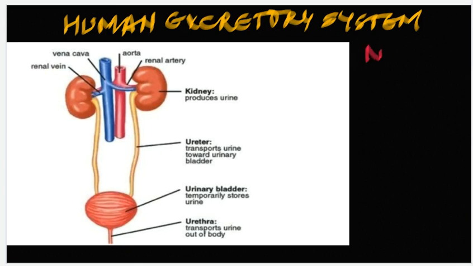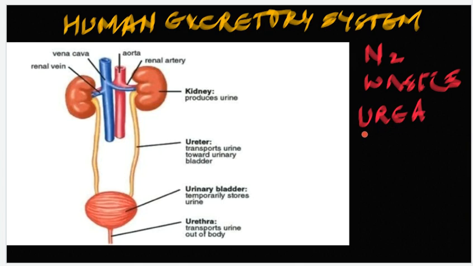Now, nitrogenous wastes. Now, our body, during its metabolic reactions, produces large amounts of nitrogen-rich wastes. Now, these nitrogen-rich wastes are extremely dangerous for the body, and they can kill the cells and thus the human beings or the animal. Right now, the primary nitrogen waste that we produce is urea, and this chemical compound is